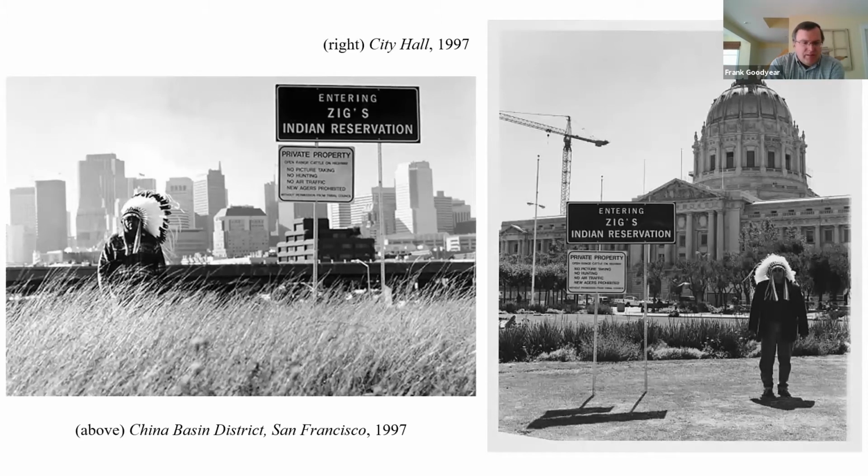In the last pair of images, again created in San Francisco, Jackson poses beside a sign of his own design, made to appear like a traditional highway sign, that reads, "Entering Zig's Indian Reservation." Below, you'll see there's a smaller sign declaring, quote, "private property," and the presence of open range cattle. And also a list of four rules, including no picture taking, no hunting, no air traffic, and